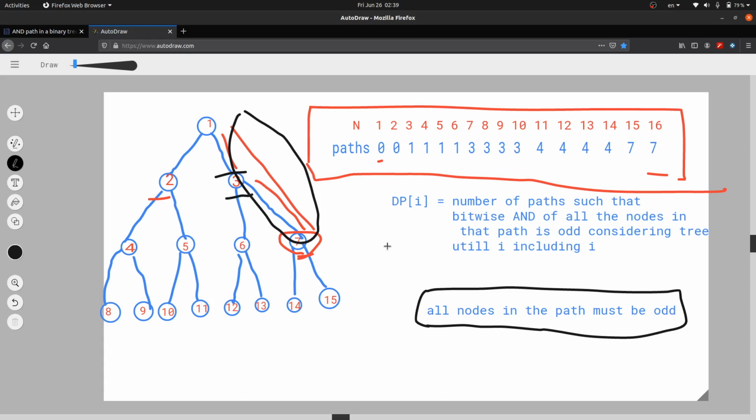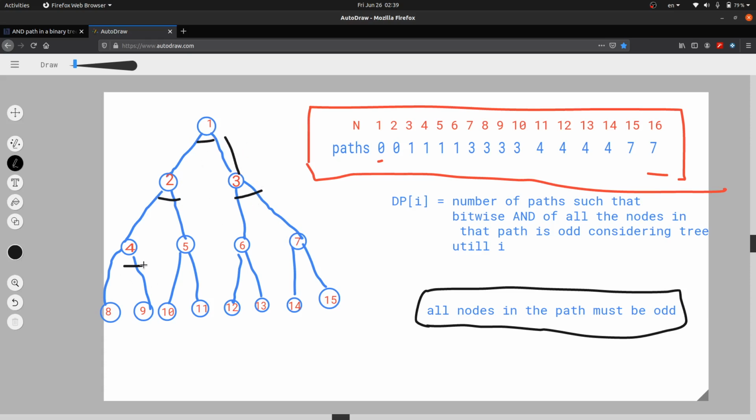Okay, so now let's see once more. The number of paths for 1 is 0, for 2 is 0, for 3 it is 1, for 4 it is 1, for 5 it is 1, for 6 it is 1, for 7 we find that this is odd. We start moving up the tree, and we find that the number of paths including 7 are 2, and up till 6 we had found that there was only 1 path.